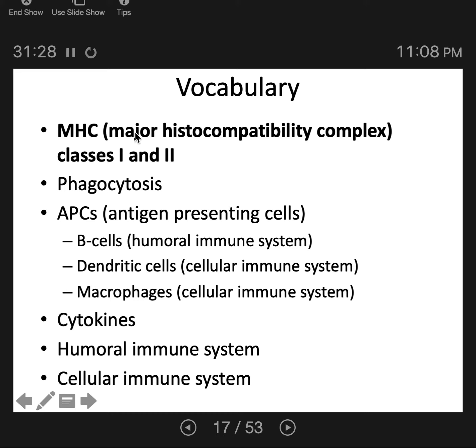MHC, there are so many acronyms in the immunity chapters, so I'll just try to repeat them as often as possible. MHC stands for Major Histocompatibility Complex, and you have MHC1s and MHC2s. MHC1s, Major Histocompatibility Complex 1, and Major Histocompatibility Complex 2. Class 1 MHCs are on every cell of the animal host. You can think of them as the name tag that says self or host. And they are required so that the immune cells don't go around destroying their own team.